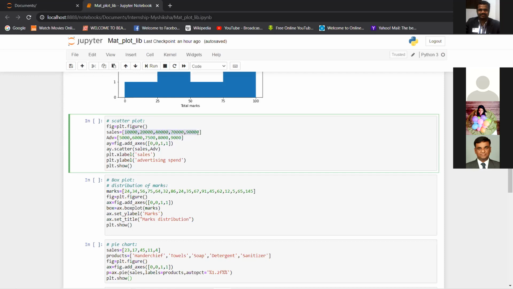This kind of relationship is called positive correlation. As you keep increasing, you can see I'm going on increasing the advertising spend, and my sales are increasing as well, right? So this is called positive correlation.